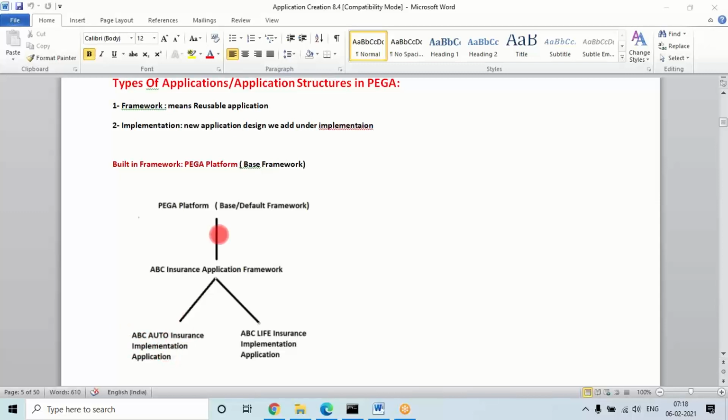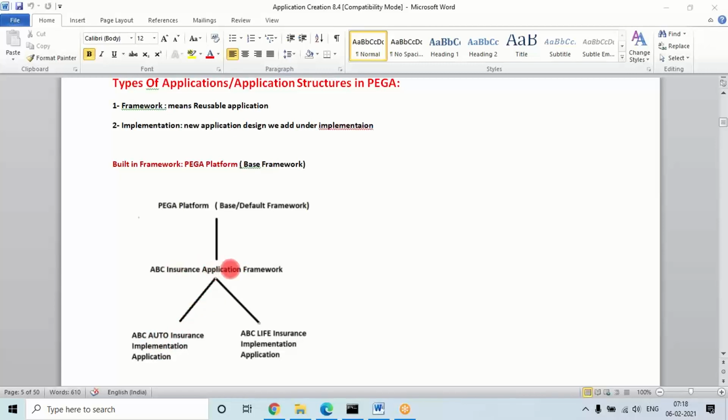Suppose I want to define multiple applications for some ABC organization. If you directly define an implementation, I cannot add another implementation for the same organization. So without the user-defined framework, I cannot add multiple implementations; maximum one only. In real time, whether they start with one implementation or more, they will not add the implementation directly.